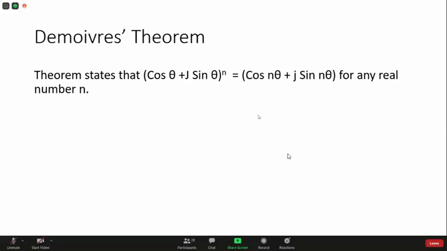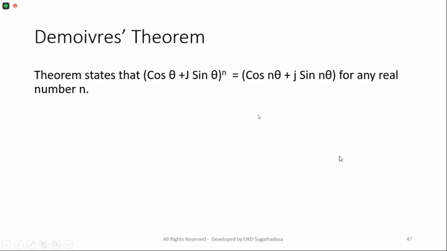Now this is De Moivre's theorem. I think we didn't discuss it the previous day. I think De Moivre's theorem we will be discussing for the first time. I think we try to recover the missing time as much as possible. The theorem states, and it's a very important theorem in complex numbers: (cos theta plus j sin theta) to the power n, right? To the power n, to the power 2, 3, 4, like that. This is exactly equal; the n can be brought here: cos n theta plus j sin n theta.